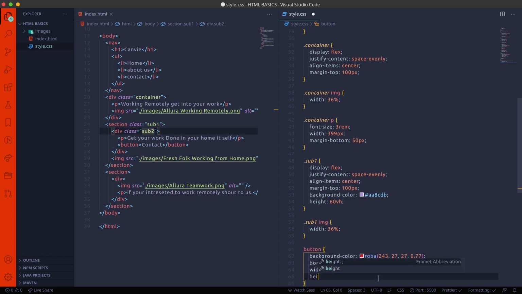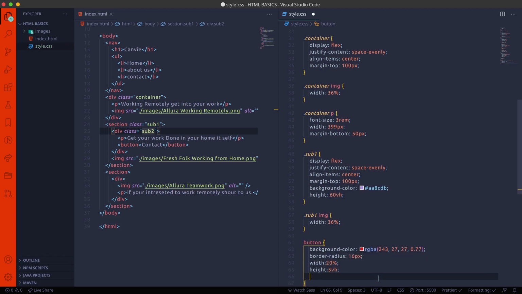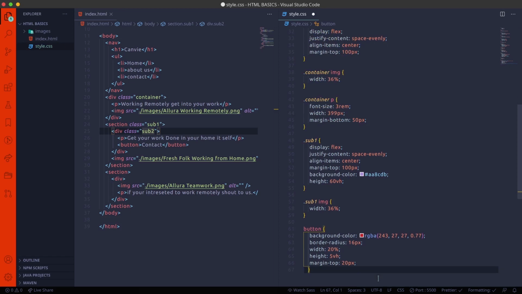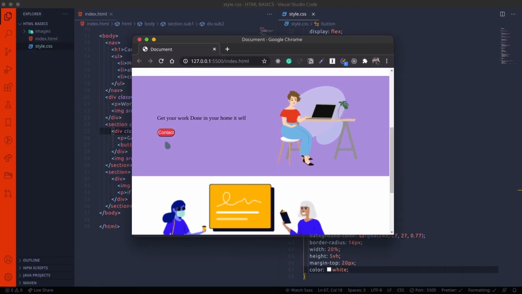Height of the button to be 5 viewport height. Margin top, in order to maintain the space between the paragraph and the button, 20 pixels. And the text in that button to be white in color. By default it will be in black color. Now I'm changing the color to be white. So now you can see the button is now clear and good looking.